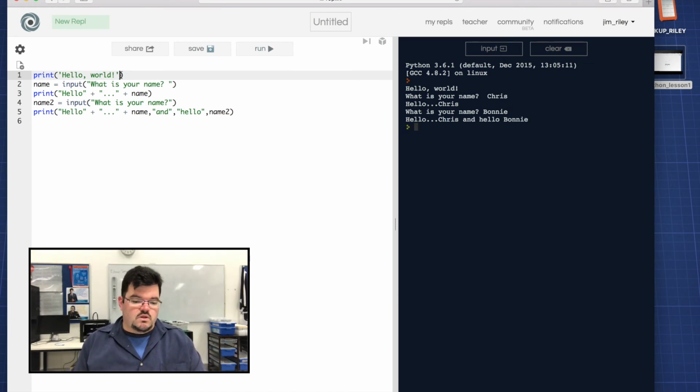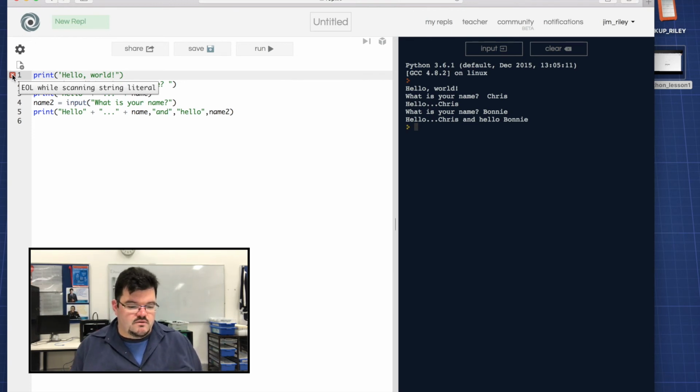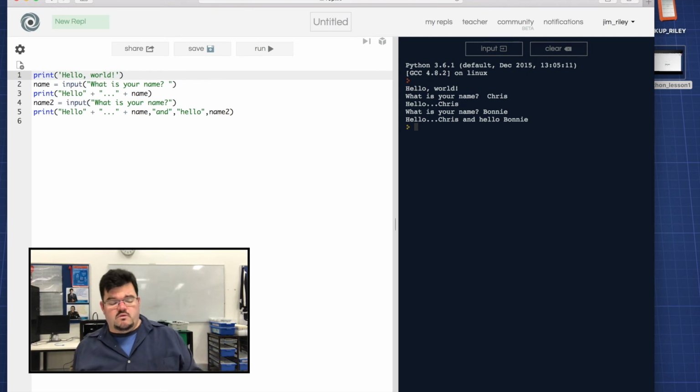However, the one thing that it will not do is work with two different ones. As you can see there, yep, something's gone wrong there. I think that's end of line while scanning string literal. So basically, in English, what that means is you've gone and used the wrong symbol. So it's kind of like a syntax error, but in this case, it's actually forced the program to think something else is going on. So be consistent with your symbol usage, and with REPL, since it does the second symbol for you automatically,